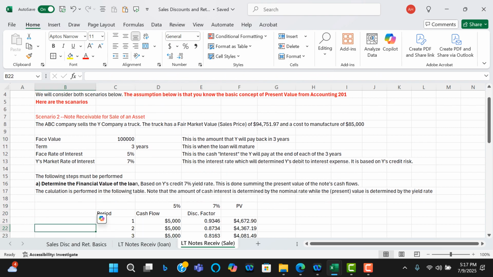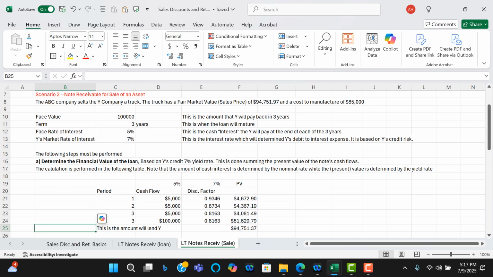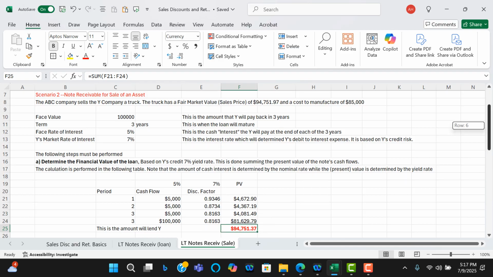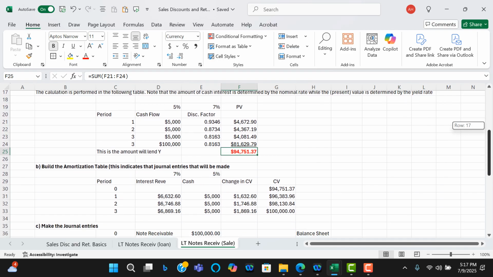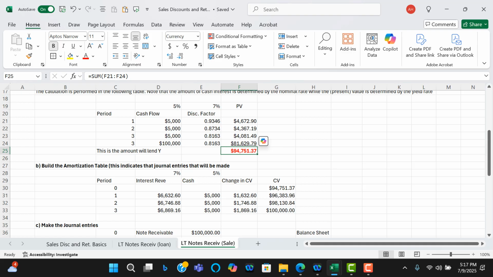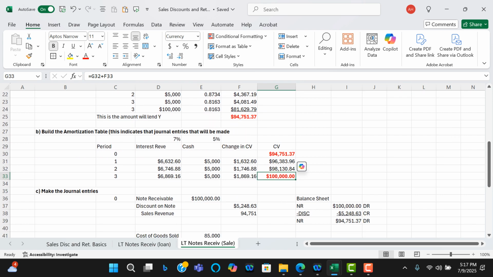Okay, so we've got the same price. So I haven't changed that just to keep it simple. But I want you to keep an eye on this number right here, that number right there. Okay. And we come over here. The value is the same. The amortization table is the same. However, the first journal entry is going to be different. Okay, the first journal entry